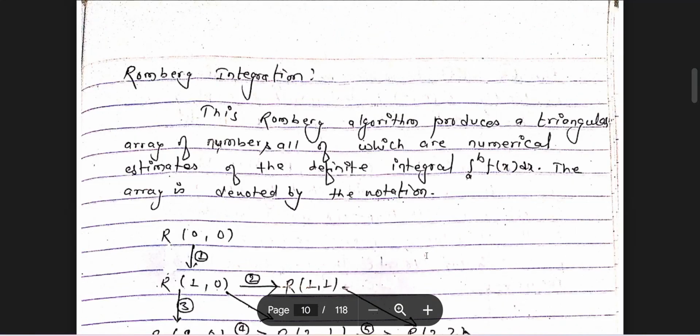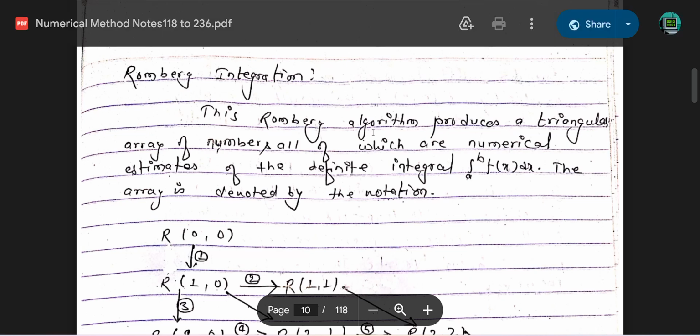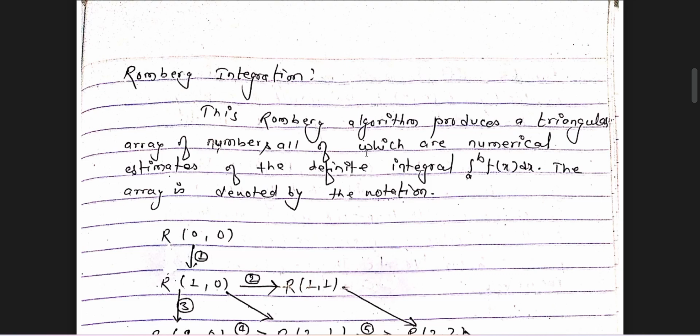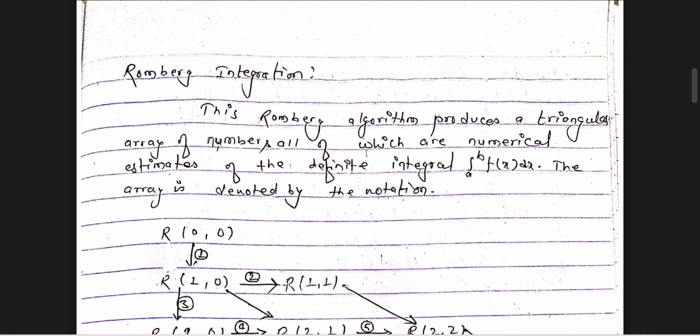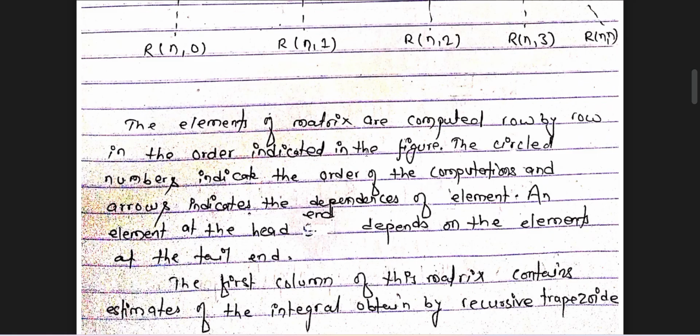Romberg integration. This Romberg algorithm produces a triangular array of numbers, all of which are numerical estimates of the definite integral. The array is denoted by the notation R(n, m). The elements of the matrix are computed by row. In the figure, the circled numbers indicate the order of computation and the arrows indicate the dependency of the elements: if the head depends on the element at the tail. The first column of this matrix contains